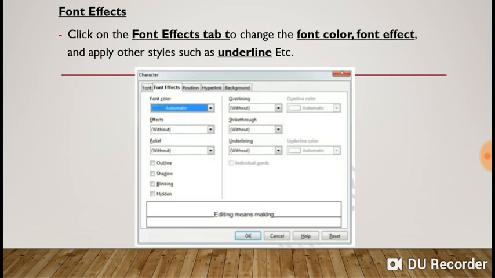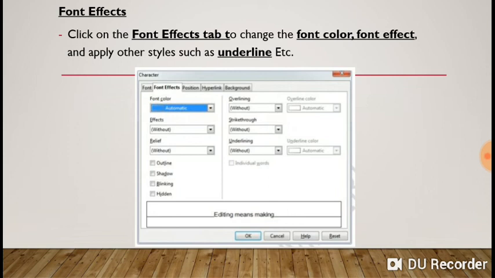Next tab, that is Font Effects. From the name of the tab, it is very clear that to give effects to the font, meaning the character, we utilize this tab. A number of options are there which we can utilize, like font color.